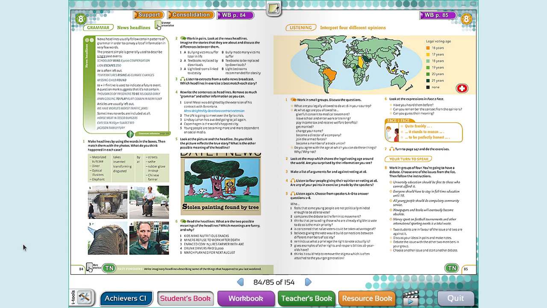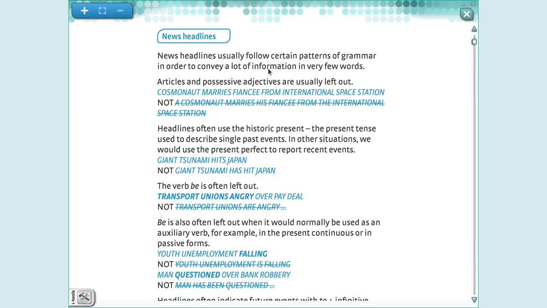When we talk about grammar, guys, I always like to read the pages at the end of our book. So I'm going to read page 120 with you. Let's go there. So the headlines are used to convey and to give the information using few words, as I told you. So when they have to take out some words, what words do they decide to take out? They take out the articles and the possessive adjectives, okay?